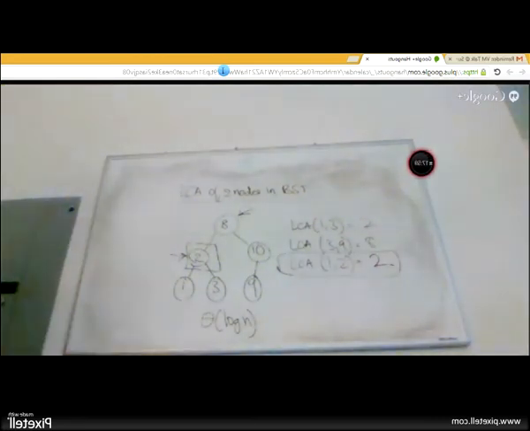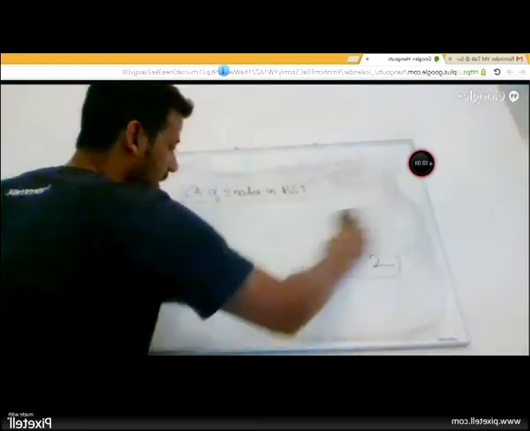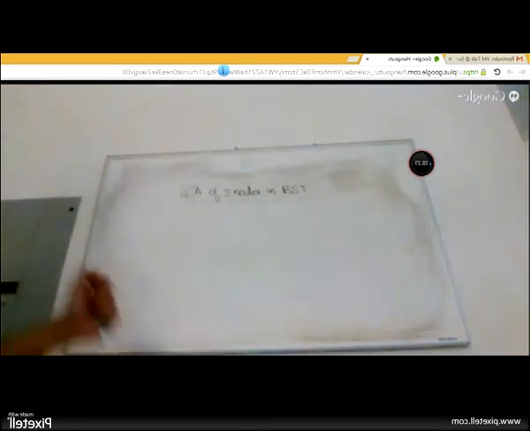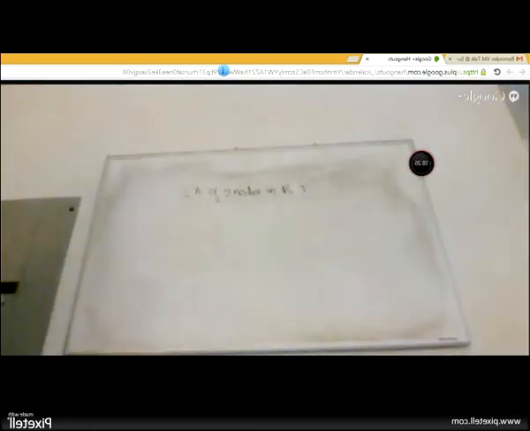So finding out the LCA of two nodes in a binary search tree is a pretty cliched question, and it's pretty simple. A more interesting question is finding out the LCA of two nodes in a binary tree, which is not necessarily a binary search tree. You cannot apply the same logic because you have no relationships between kids or between a parent and a kid. It is a slightly more complex solution. We did not talk about it in our previous classes, but I want you guys to read about it, and we'll talk about this in our next class if you can't figure it out yourself. But this one is definitely more challenging, and this is a problem that you'll probably want to focus on.